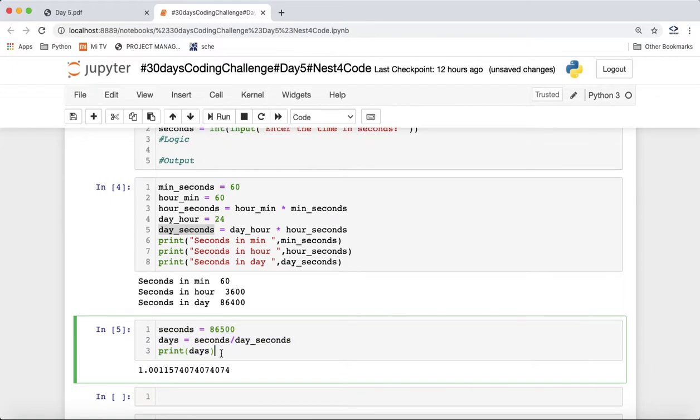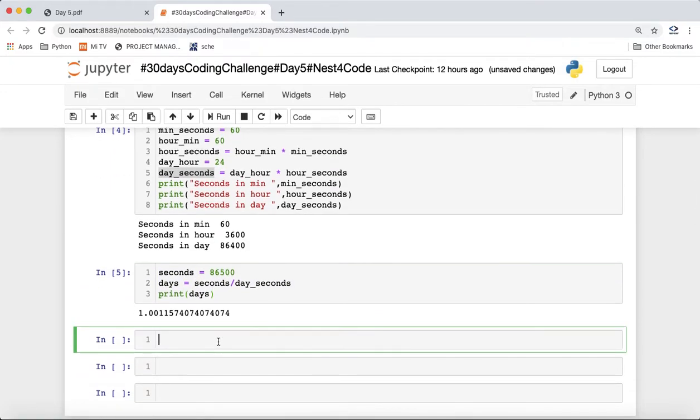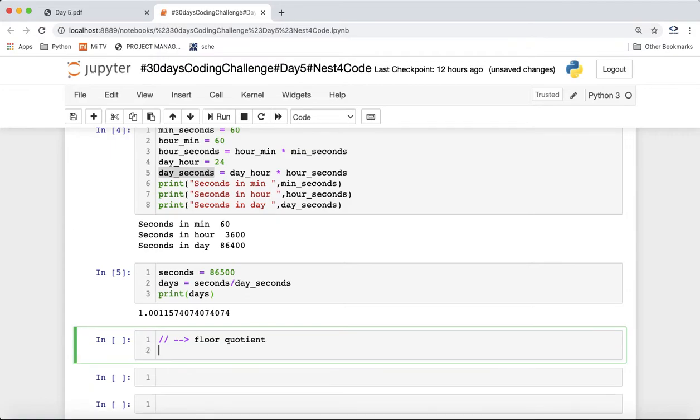In Python we have two operators which we know. One is the floor quotient operator, which gives just the quotient value. The other one is the remainder operator, which gives the remainder value. If we want the exact days, we'll divide using the floor quotient to get the exact quotient value, and whatever the remainder seconds are, we'll get with the percent operator.